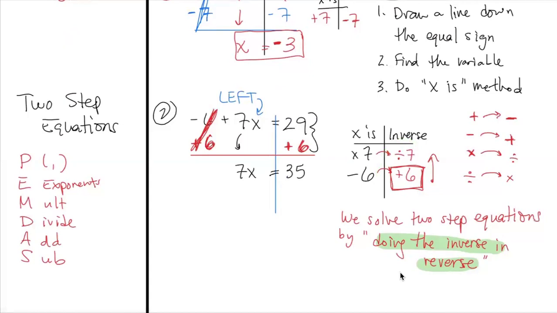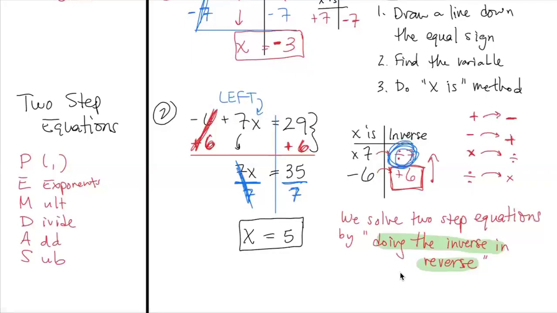Now, once I did plus 6, now I can come over here. Now I'm going to divide by 7. Remember, the way we showed division is by a fraction, so I'm going to divide by 7. But if I do it to one side, I have to do it to the other side. I'm going to divide by 7. These cancel out. X equals 35 divided by 7 is